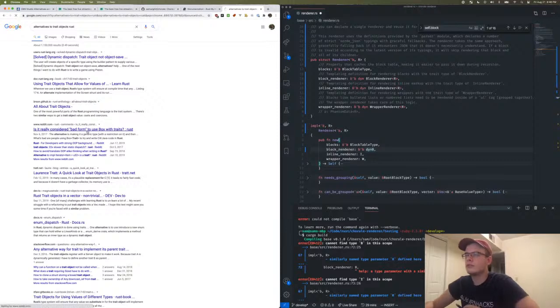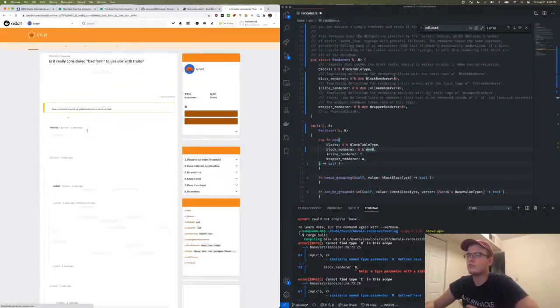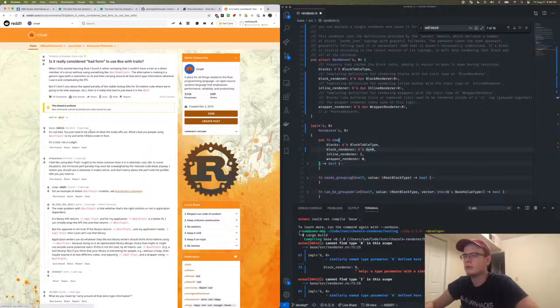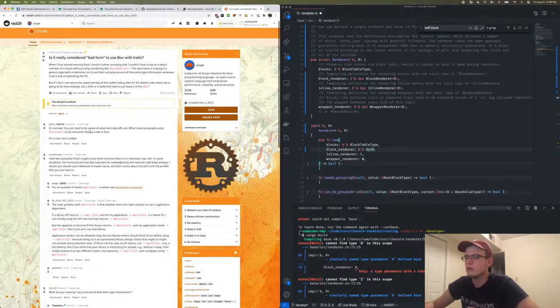Is it really considered bad form to use box with traits? It is not bad, you just need to be aware of what the trade-offs are. What's bad are people using box trait to try and write C# Java code in Rust. It's a tool, not a cudgel. I feel like it ought to be more common than it isn't. For an example of